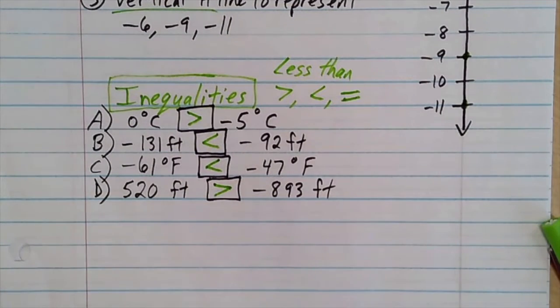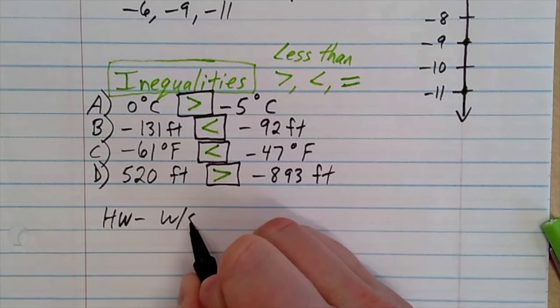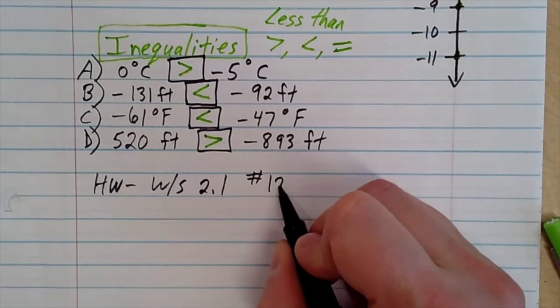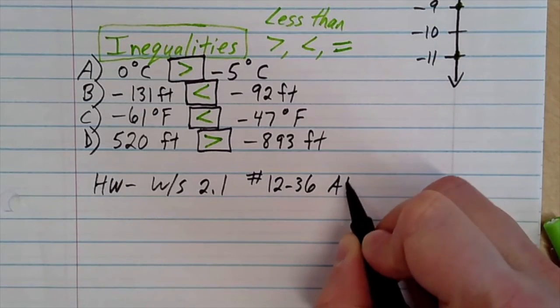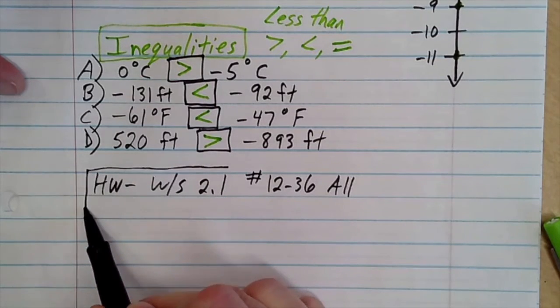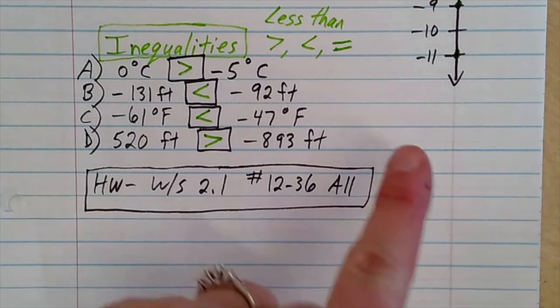So your homework is going to practice number lines, inequalities, comparing. It is the worksheet 2.1. You've already done 1 through 11, so now you're just going to pick up with numbers 12 through 36. So you are going to finish that paper. Make sure you do your number lines and you put your dots and you use your notes to help you with